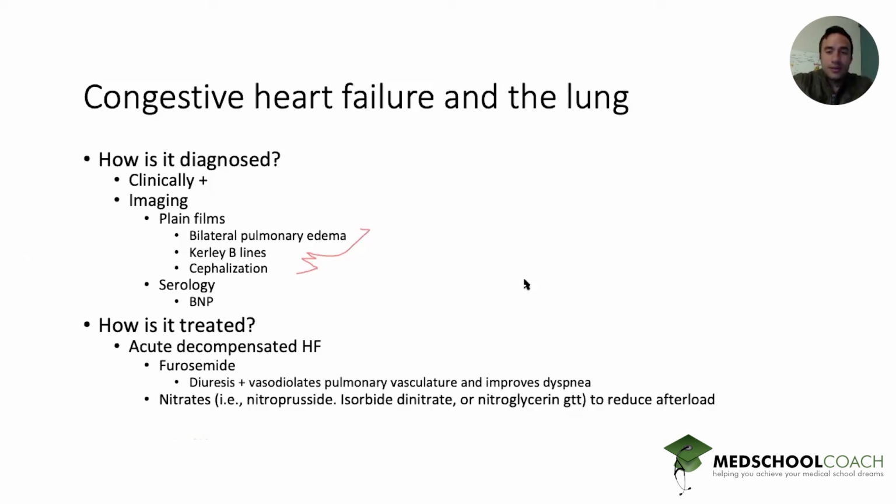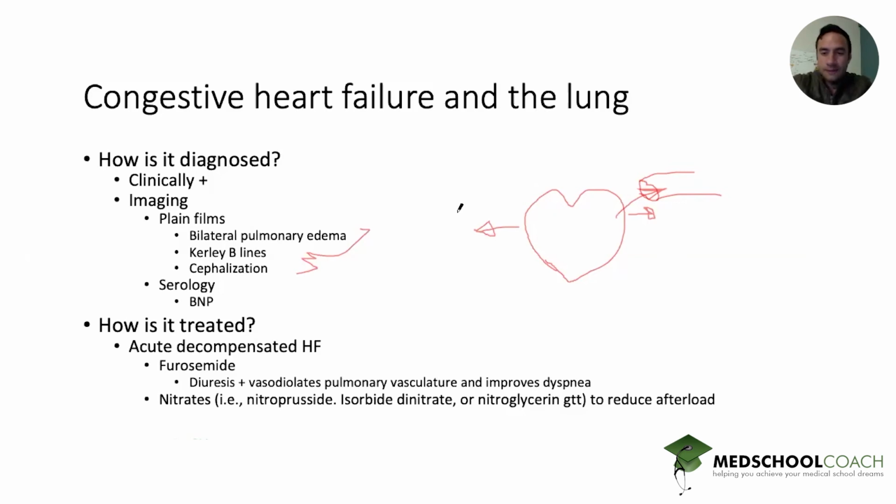Nitrates are another thing because in addition to decreasing the amount of fluid going into the heart, that's causing it to be overdilated with furosemide, nitrates can decrease the afterload, or the pressure against which the heart is pumping. So by decreasing the afterload, it'll improve cardiac output and improve the peripheral perfusion. That can be done with nitroprusside, isosorbide dinitrate, or even a nitroglycerin drip, although the latter does not consistently produce any